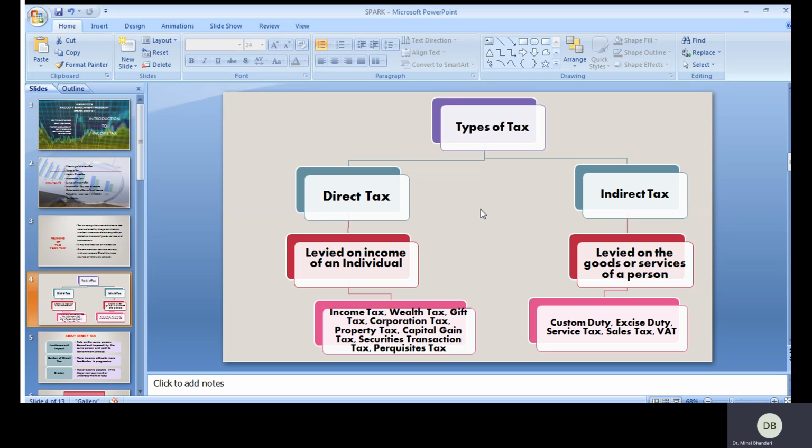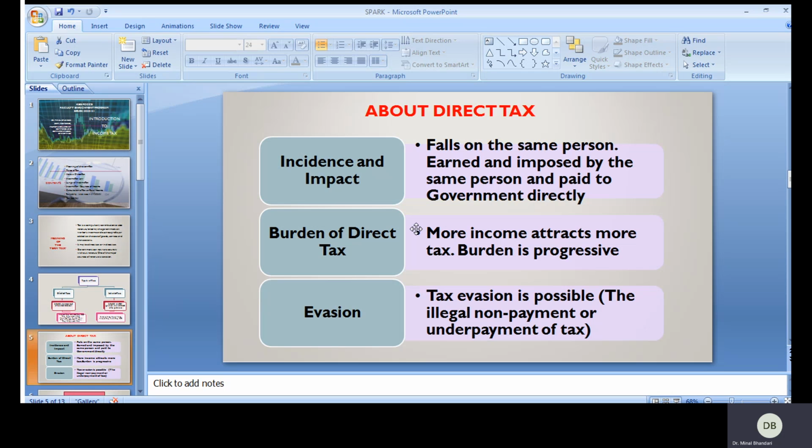We are paying water tax to the corporation, and that is why it is called a direct tax, because there are no intermediaries between the corporation and the person using that facility. In this session we will focus on direct tax. Now let us see some of the important things about